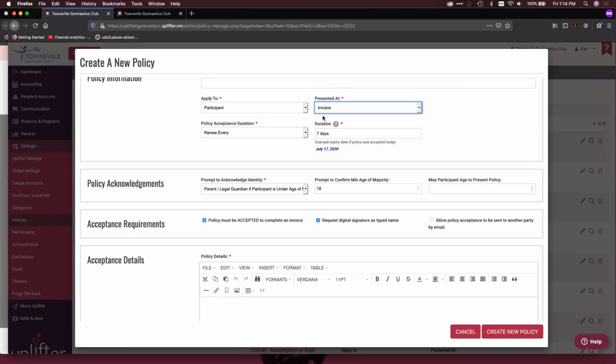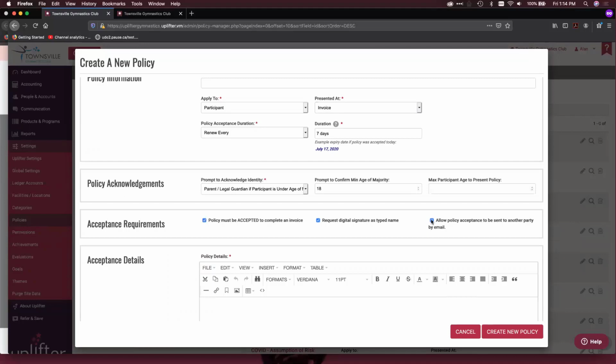Finally, one last option that we've also provided at time of invoice, and I believe at time of payment as well, is you can also give the option to actually email this policy to another party so that they can accept on your behalf. So that way, if you're not able to actually accept the policy right away, but you know that the participant is in a different location, you need them to accept that as part of your checkout, you can just click this off, and they'll be presented with a little box that will allow them to type in an email address.